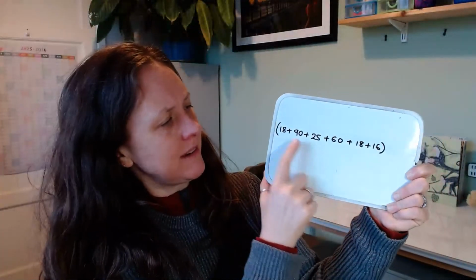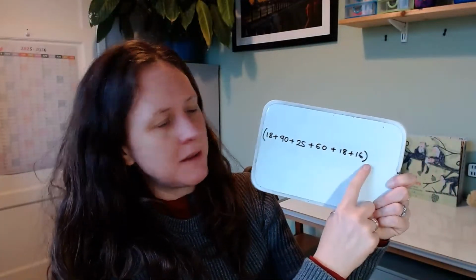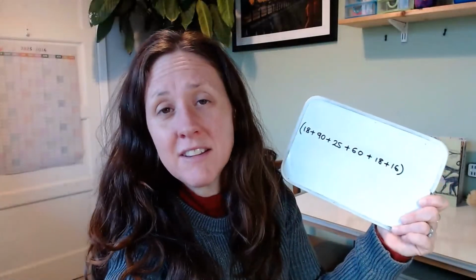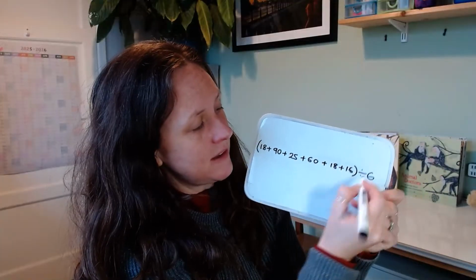So we have to find the total weight of my family by adding them all up. So 18 plus 90 plus 25 plus 60 plus 18 plus 16. That gives you 227. Because there are 6 members of the family, we would then divide that answer by 6, which gives us this really long recurring decimal. Let me just check it. 227 divided by 6 gives us